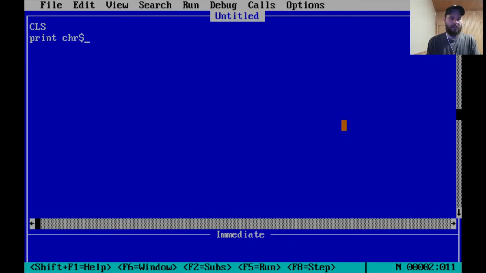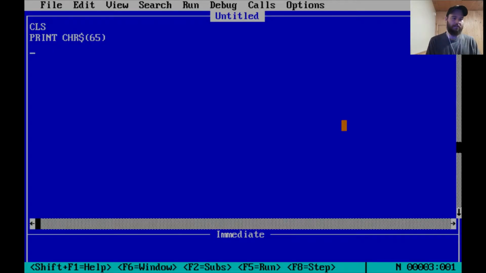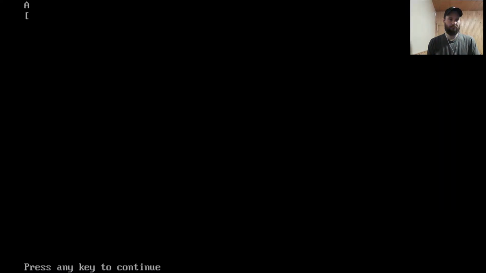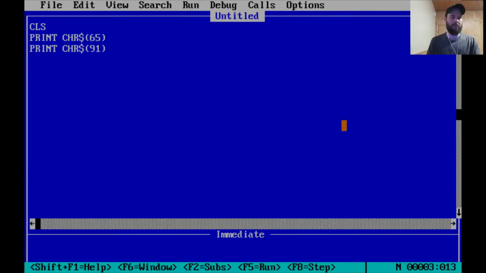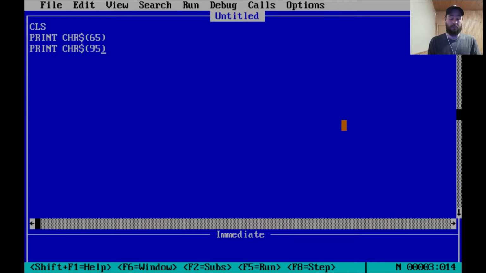Okay, if I print chr string of 65, this should print a letter A. So the capital letters start at 65, and the lowercase should start at 65 plus 26, which is 91. Oops. 95? It's an underscore. Curious. Okay, someone watching is just going to scream the answer to me. I should probably know where the lowercase letters start, but it's probably what my program determines. So we'll find out. Okay, so the one thing I did want to try here is we are printing